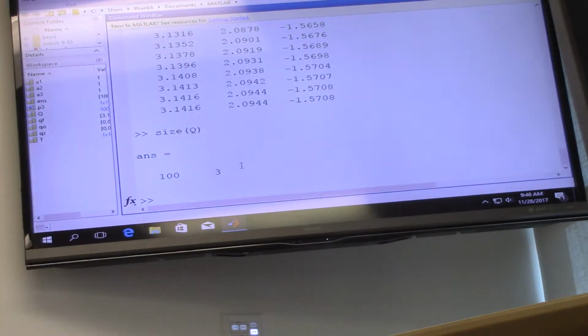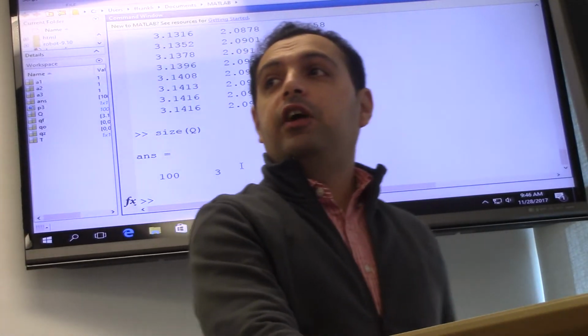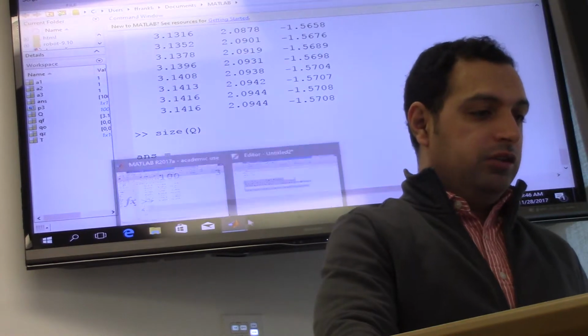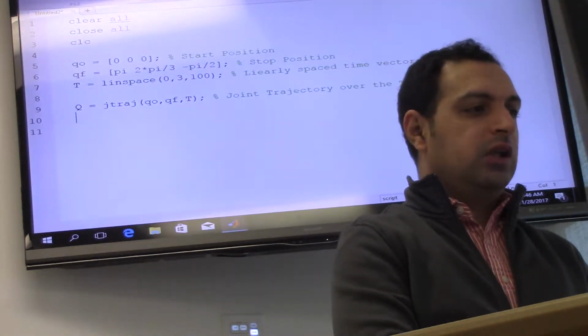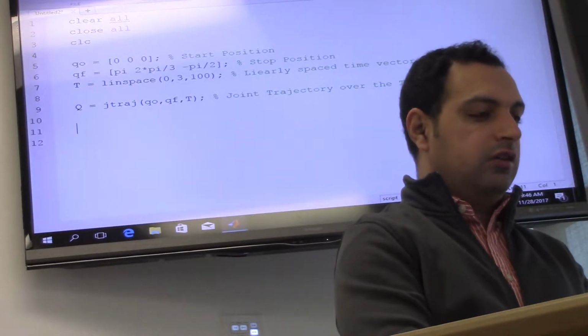(100 rows, 3 columns for the 3 joints). Okay. All right. Now, if I apply this to a manipulator, I want to see how the manipulator moves in 3-dimensional space. So what we'll do is we'll say for